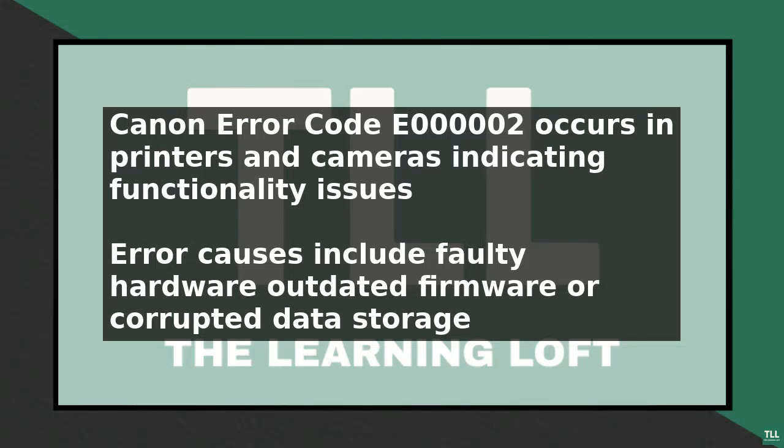Canon error code E000002 2025 is a technical issue that occurs in some Canon printers and cameras, indicating a problem with the device's functionality. To resolve this error, it is essential to understand its causes and follow a step-by-step approach to troubleshoot and